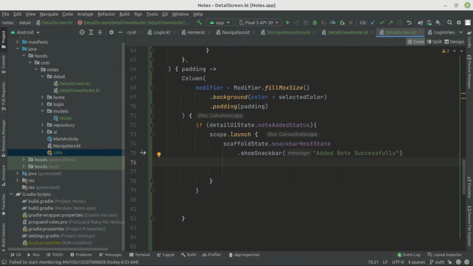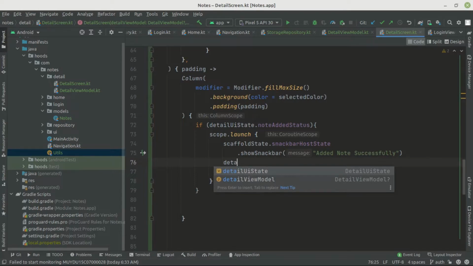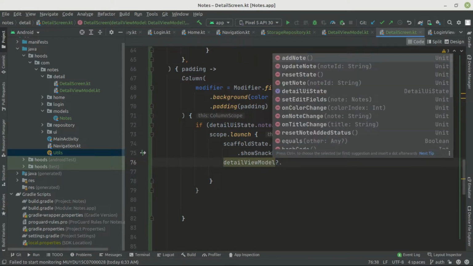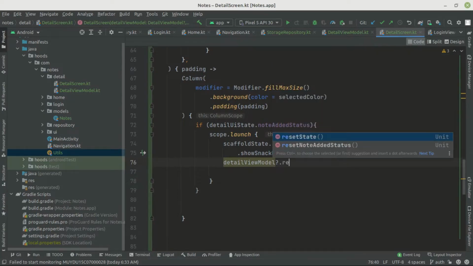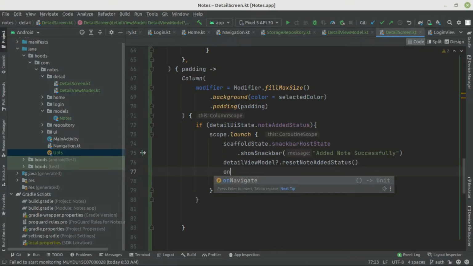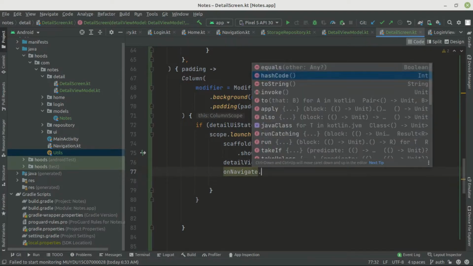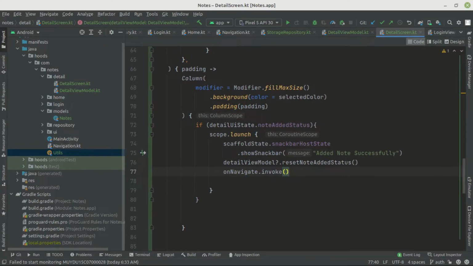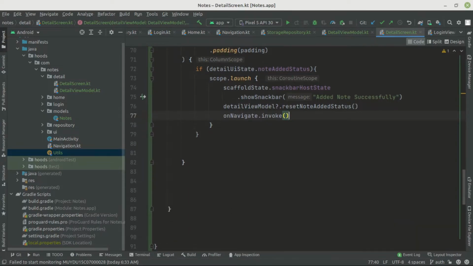Okay, so when we show this snack bar, we want to reset our state, so we can call here our detail view model, and we have to reset our state, and we want to invoke our navigation, so we can call here our onNavigate.invoke. So when we finish adding this, we want also to navigate back to our home screen. And for that case, we are just going to navigate here. Also here we have to define